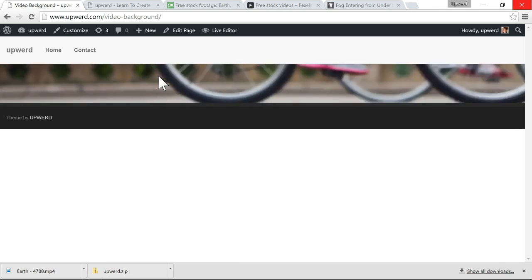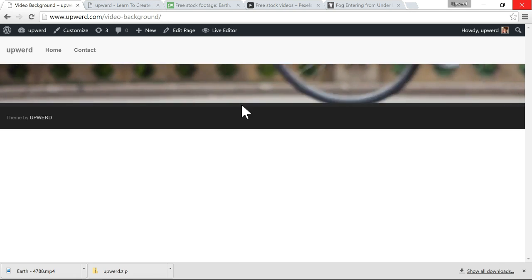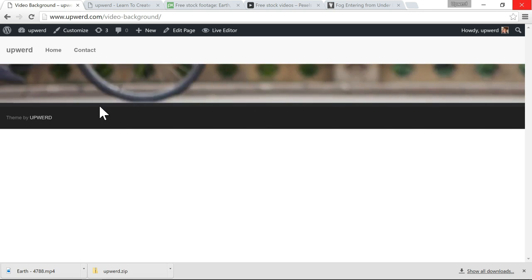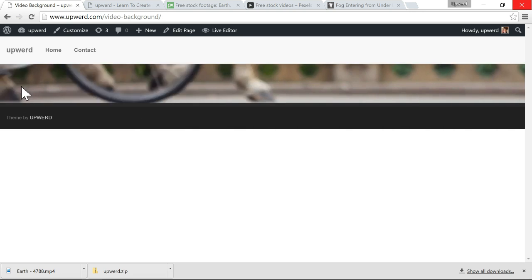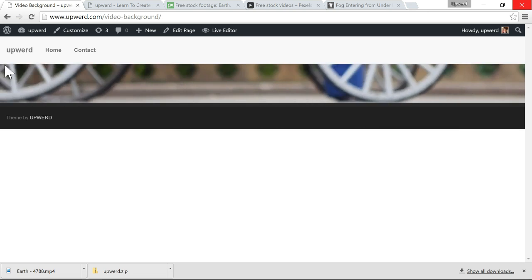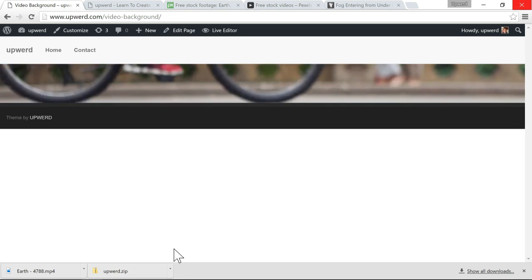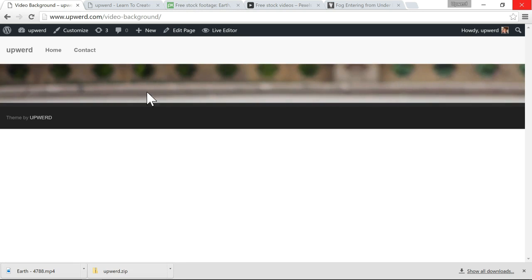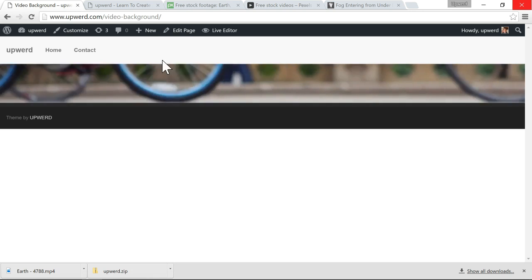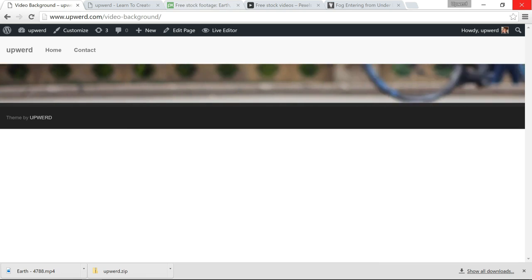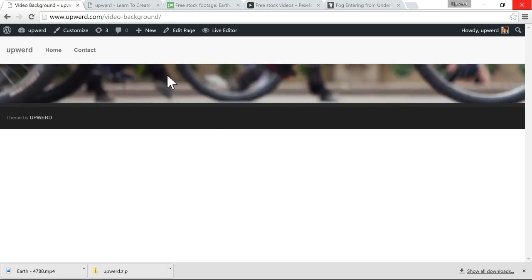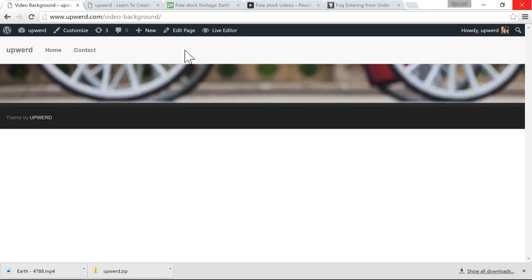So if you're wondering what pixels are, your monitor screen has so many pixels. For example, your monitor might be 1,000 pixels wide by 800 pixels tall. So we chose 50 pixels, so this is 100 pixels because it's 50 pixels on the top, 50 pixels on the bottom. If your monitor is 1,000 pixels, this is taking up 10% of the height of your screen, if that makes sense. As you can see, it's not showing much of the video,